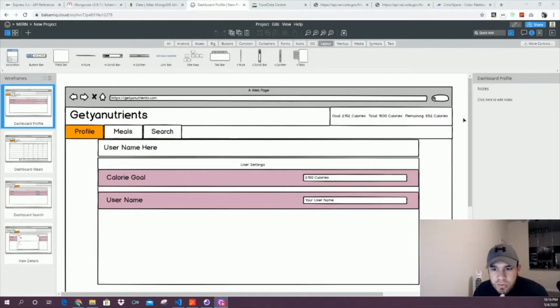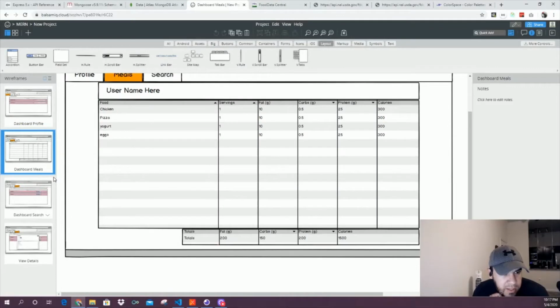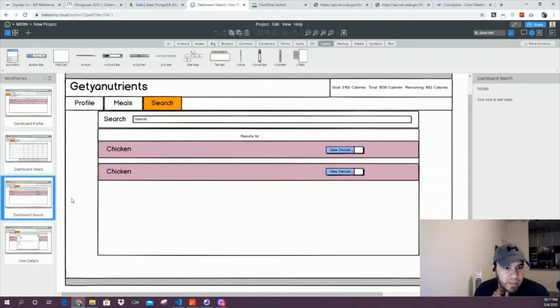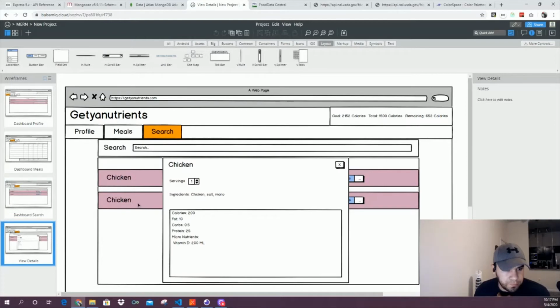We can have this as just one component, and then we can have the meals component, and then we'll have a search component, and then within the search component we'll have the